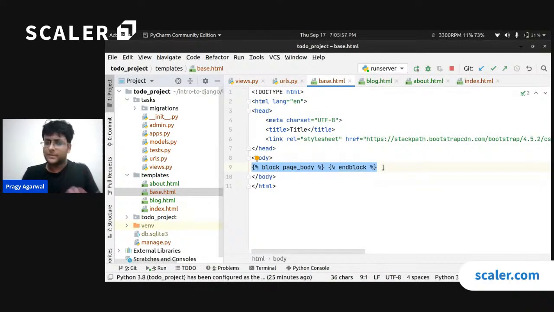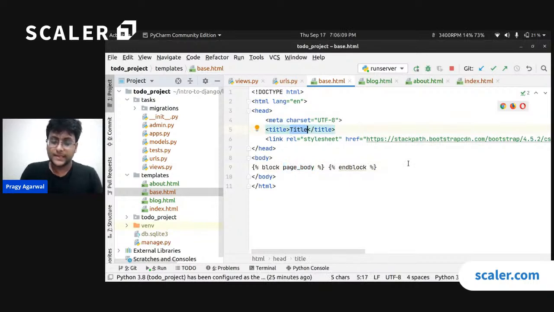All right. So how does the replacement work? We will talk about that soon enough. Now, what I have basically done is I have created a block over here, and I have called that block page body. Let me also come over here in the title and add some title. So I can say this is, or let me just say, to-do app,